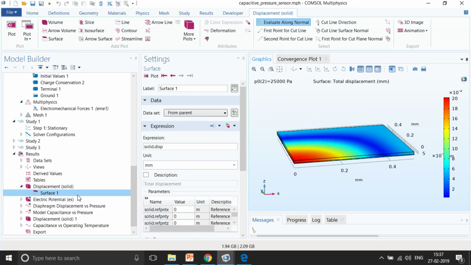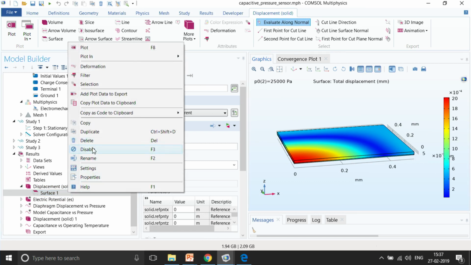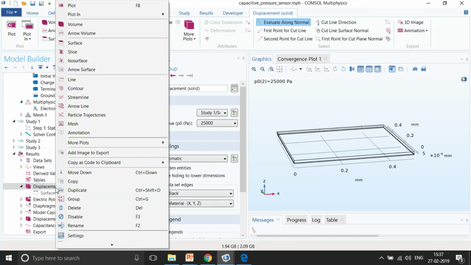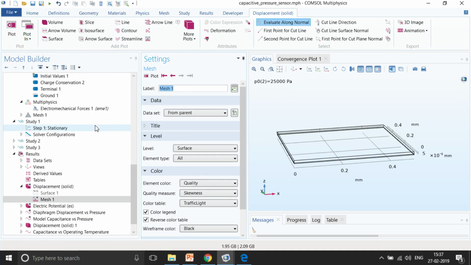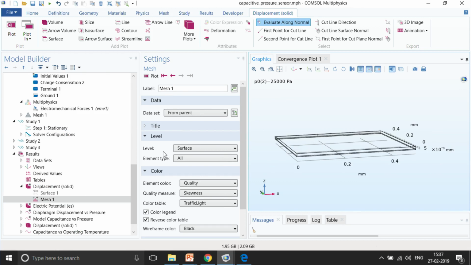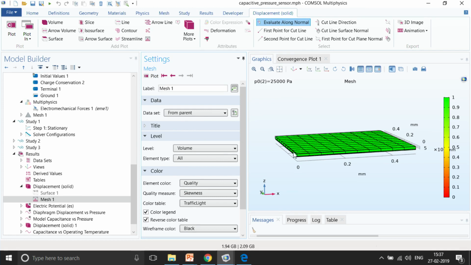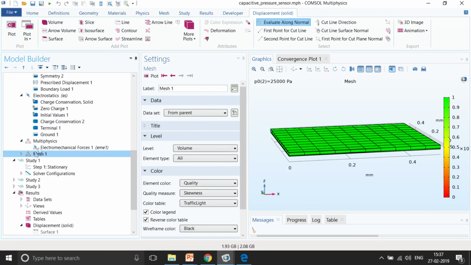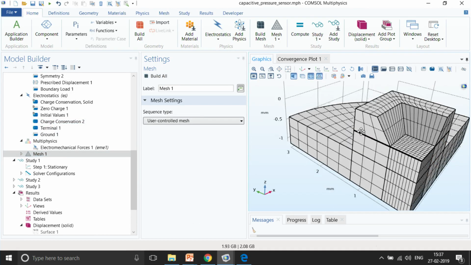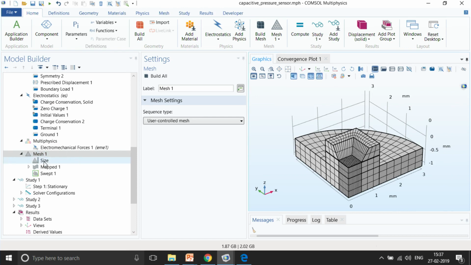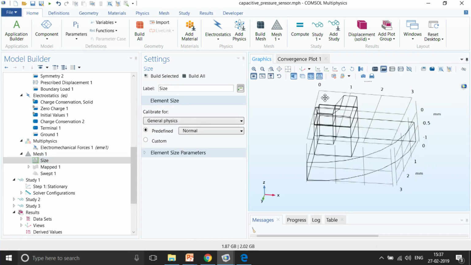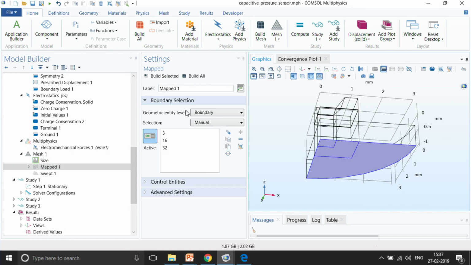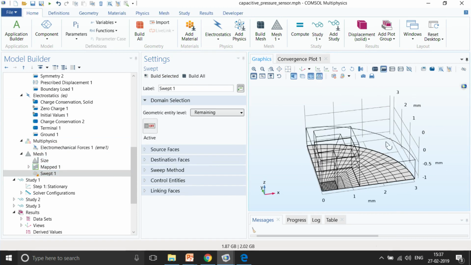So what I wanted to showcase to you is the mesh. So I will just disable this. I will first plot the mesh. So you can see that the mesh is also there. If you want to visualize only the mesh, I just make a volume mesh, and this is the actual mesh, right? That is coming from the mesh over here. So this is the actual mesh that we have made using the map mesh. So we actually have the size node. We first mesh the bottom part, and then we sweep it to the top part.